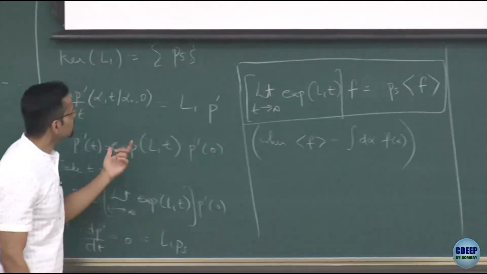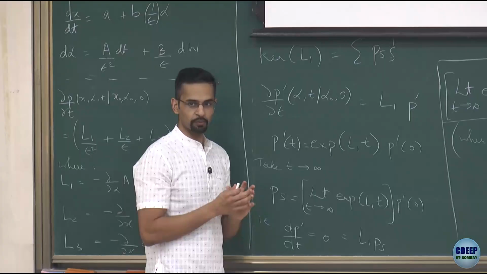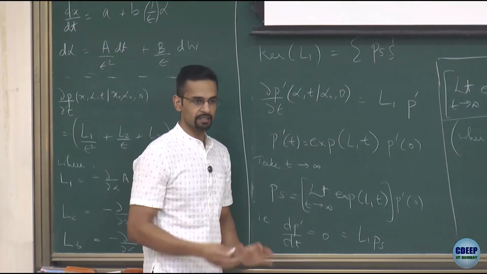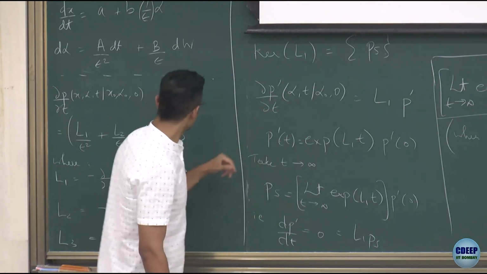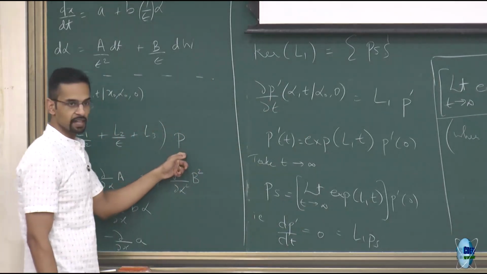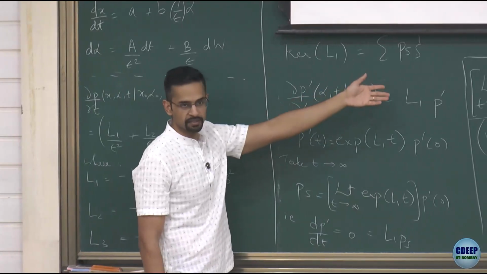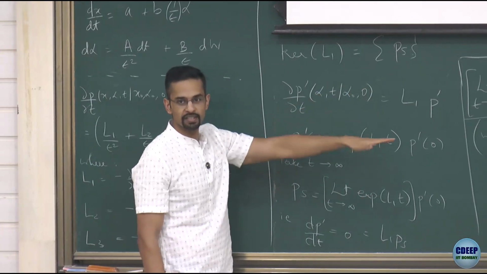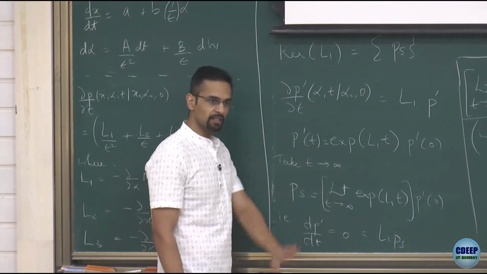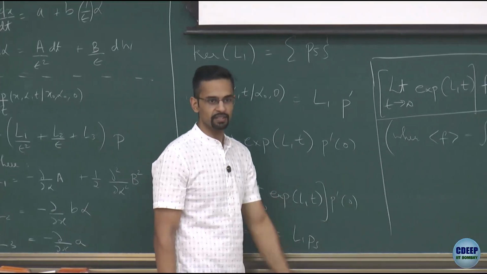Fine, so we have the first ingredient that we need to do our center manifold reduction, right? We want to break the domain space. That means we want to rewrite P as some part lying in the null space plus the complement. The part in the null space is the coordinate for the center manifold, and the remaining part we will have to approximate somehow. Those are the fast degrees of freedom.